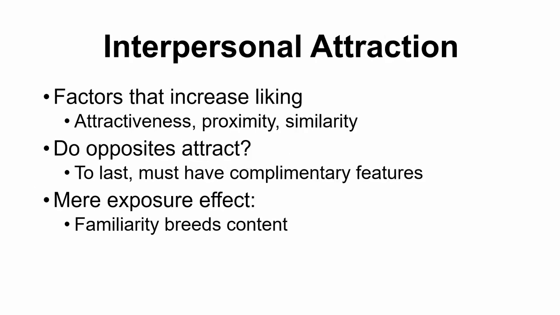And then our last slide for this section is to talk about interpersonal attraction. So this is just a very brief overview of why people tend to like other people. So what attracts someone to someone else? If we wanted to look at some factors that increase liking or how much we are attracted to someone, their physical attractiveness is a massive factor. In a lot of cases, physical attractiveness is the defining and driving factor that determines whether, say, individuals who have gone on a first date decide to have a second date. Attractiveness is going to be one of those biggest factors that always comes up.